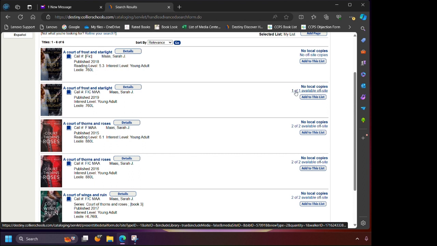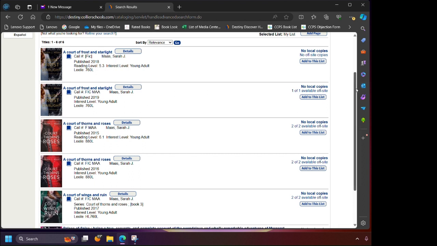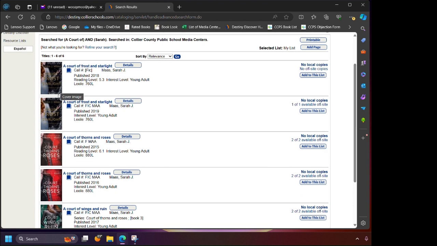but it does say that there are books in other schools. So before I click on that, I also want to point out these two look the same, but they're actually different publishing dates. So if you're looking into these, you have to go into each one to see what schools they're in, because they are considered different. So if I go in here,